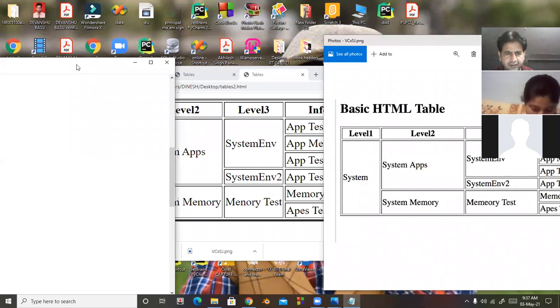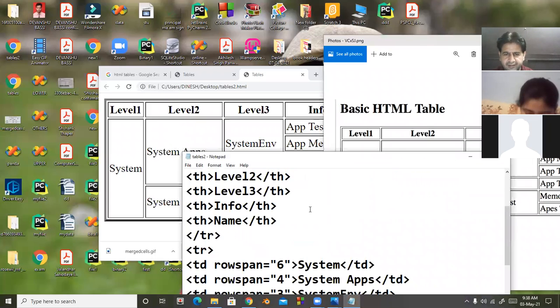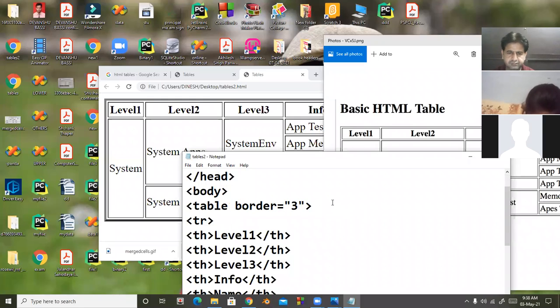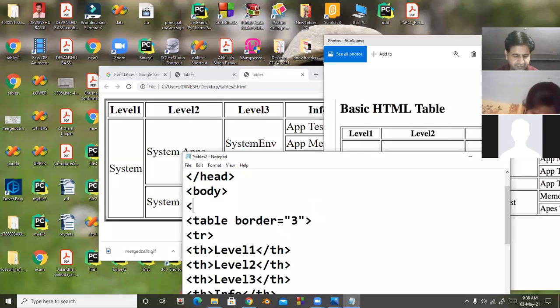So I'm taking here, in the body tag, H1, basic HTML table.